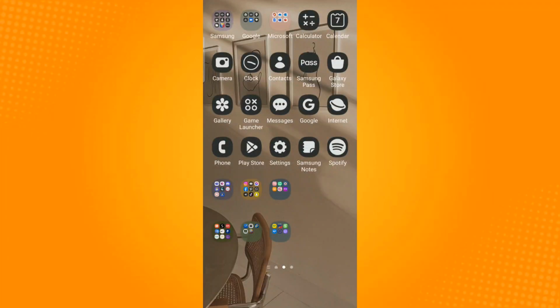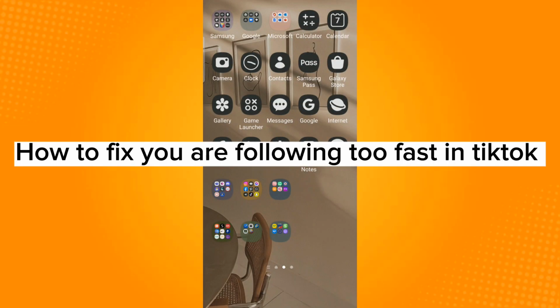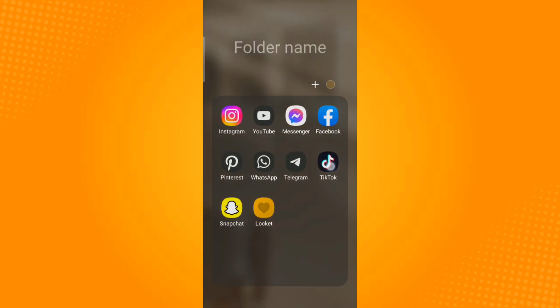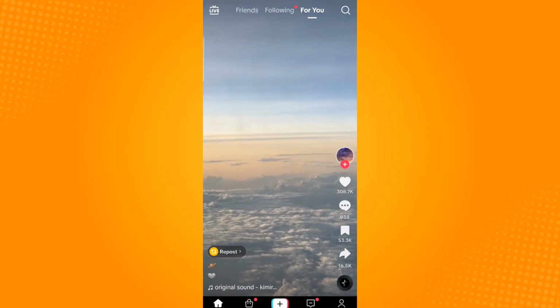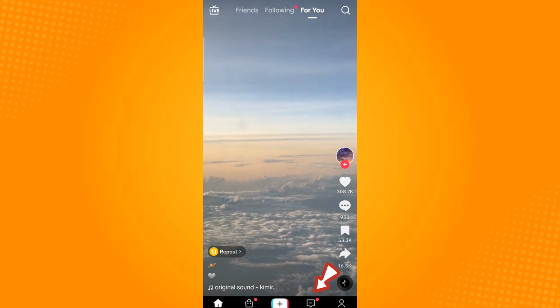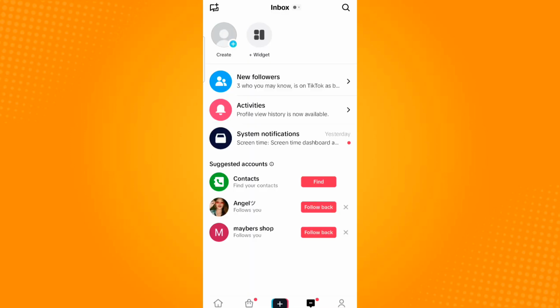So for this video, I will show you how to fix "you are following too fast" in TikTok. So now, go ahead and launch the TikTok application. Once you go to your inbox notification by tapping the icon which is found below, and you notice a